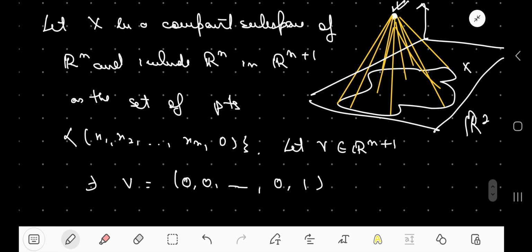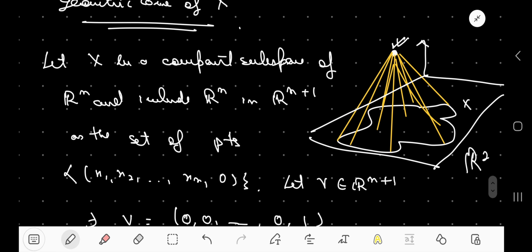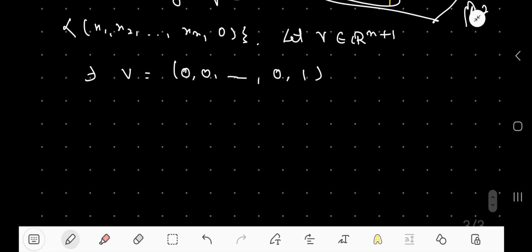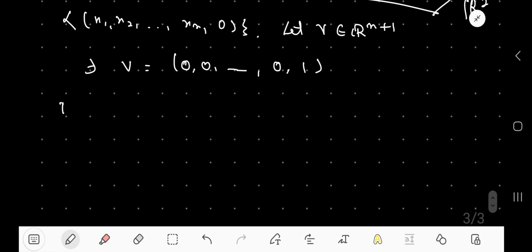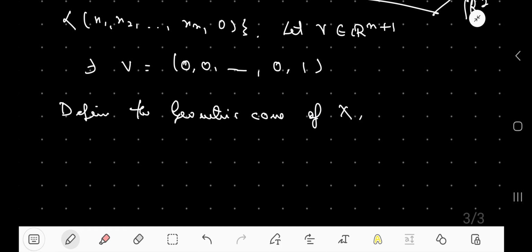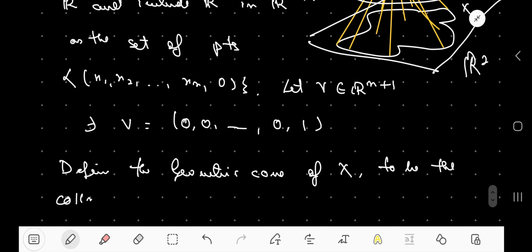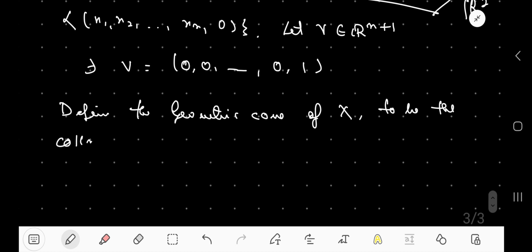And now what we basically try to do is connect V to each point of the surface X, and that's all we want to do to find the geometric cone, right? So you can think of it in this way. Define the geometric cone of x to be the collection. So I want this surface. This surface is basically a collection of all these lines which are connecting the specific point V to the surface X. So define the geometric cone of x to be the collection